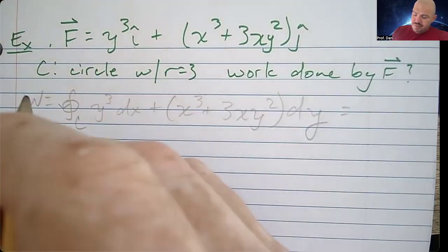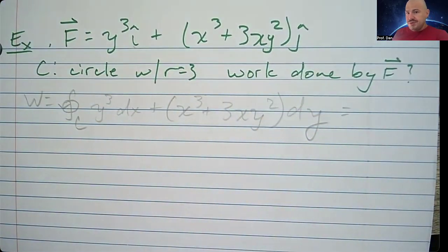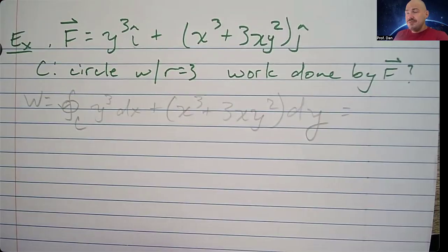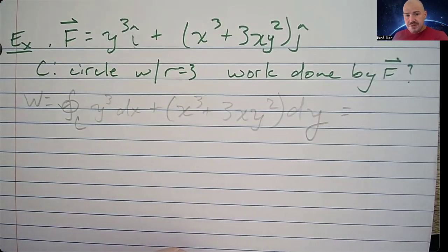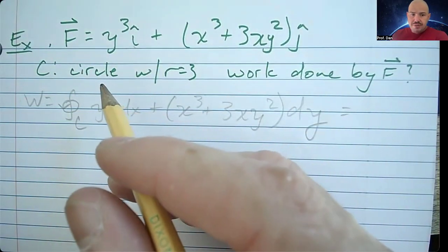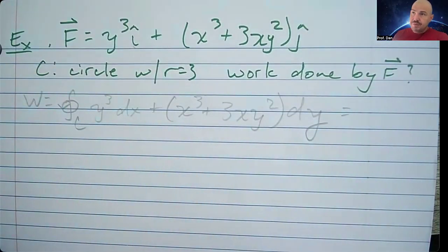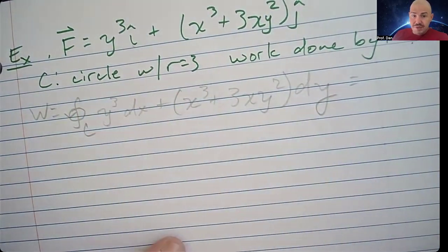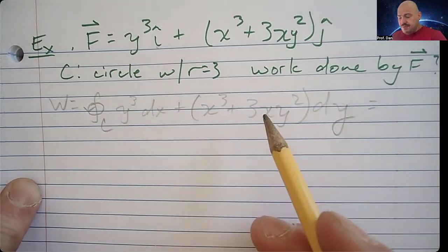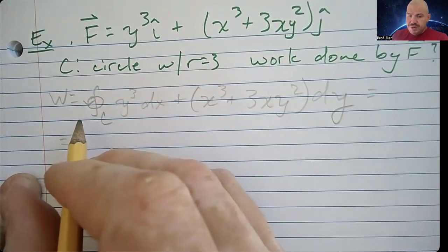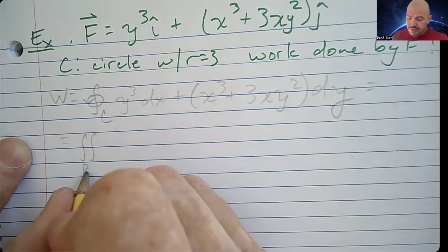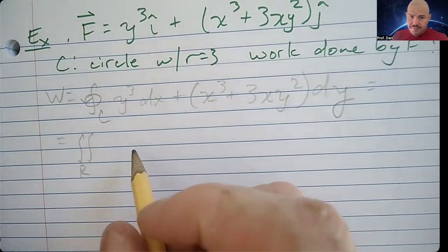Because of Green's theorem, first off, it's a circle. I know circles do not cross themselves. I know circles don't have holes and don't have separate parts. So we know that C represents a smooth, simply connected curve. It also is smooth because its derivatives are continuous. So I know that I can use Green's theorem to rewrite my line integral as the integral over the region R, which is enclosed by the circle,